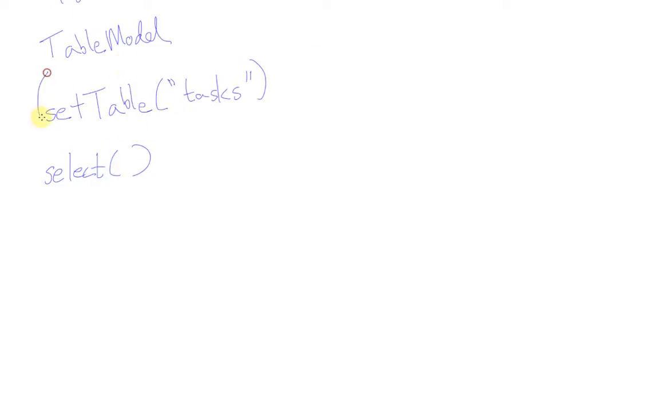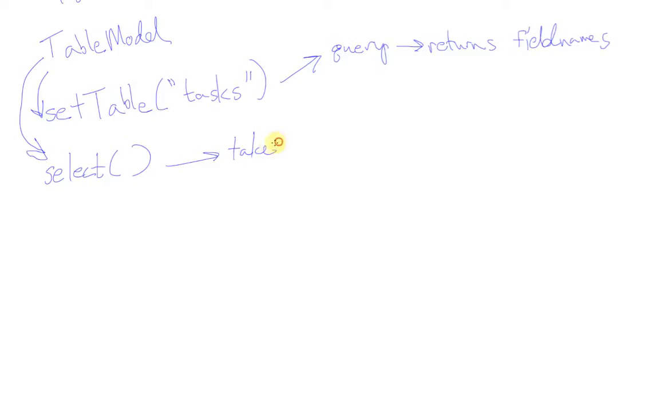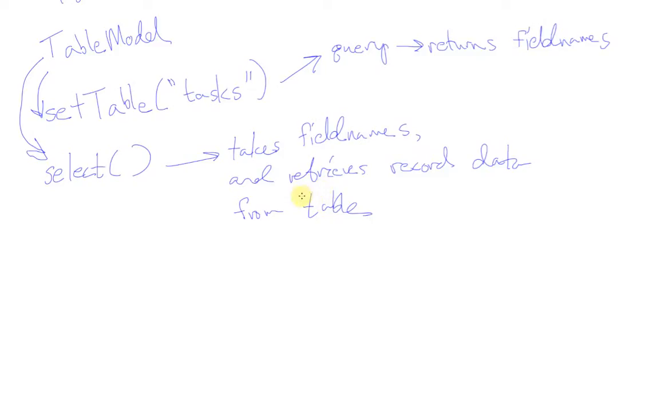Now, set table makes a query that returns the field names of the specified table, and select takes field names and retrieves record data from table. So this is a big